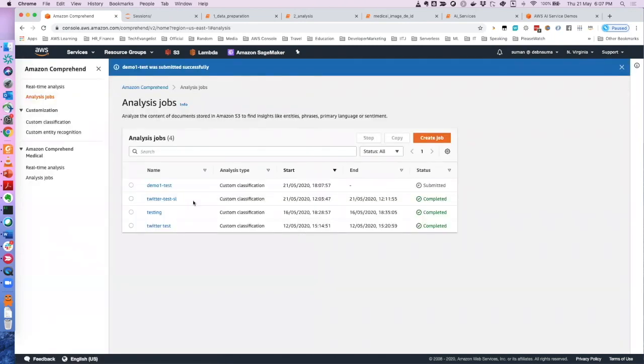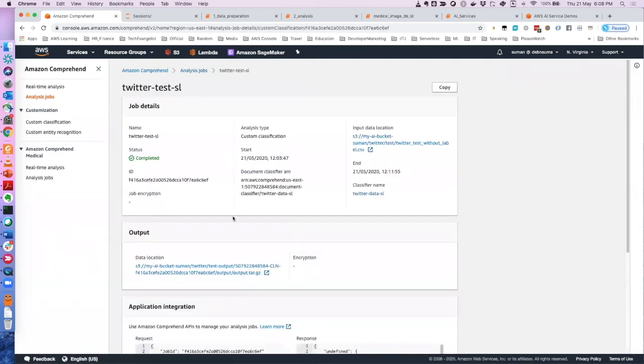Again, this job will take some time, but I've created one job in the morning, and that is completed. So basically, if you look here, you can take this output data. This is the output where your predictions are saved. Now we can analyze this data, whether this output was correct or not, and that is what we will do now. But before we go there, I can just copy this so that we can analyze it. But before we go there, I want to show you one last thing.